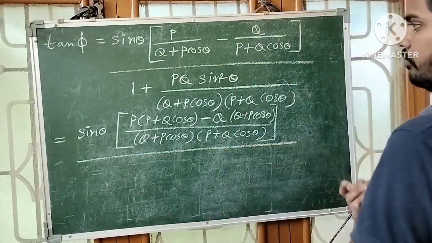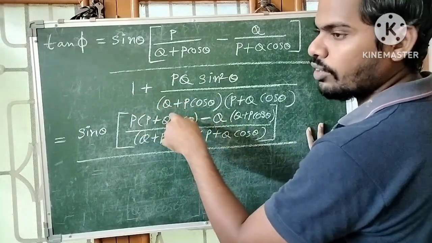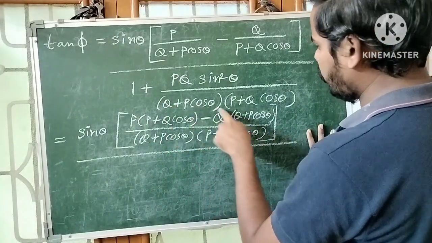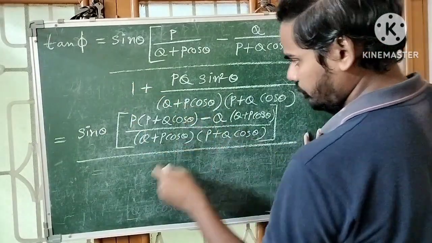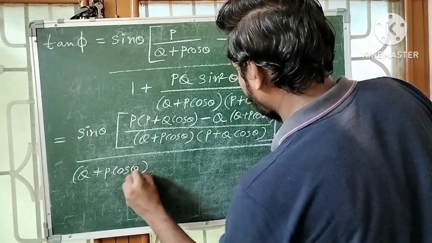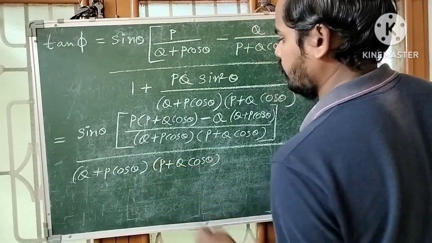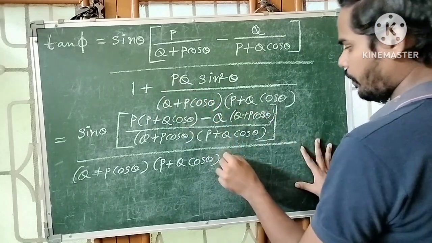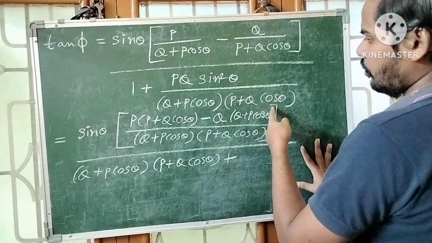Whole divided by, here again it's like solving mixed fractions. So 1 into the LCM, q plus p cos theta into p plus q cos theta, plus, here the denominator is anyhow the LCM,